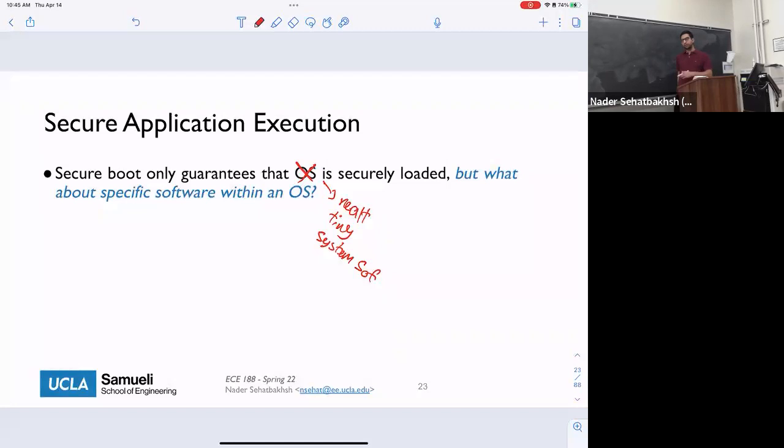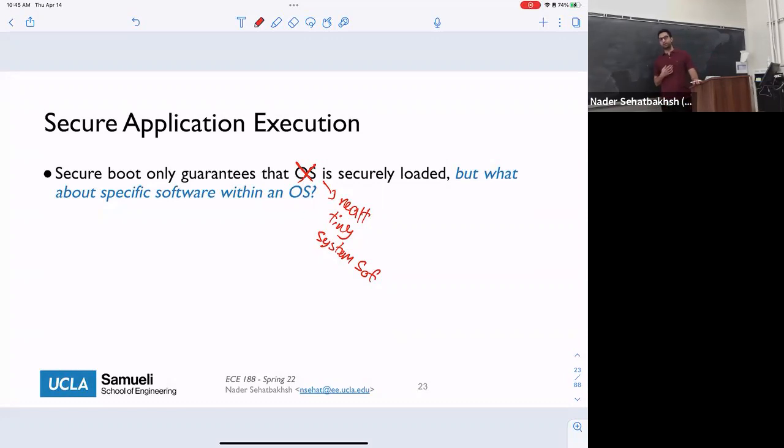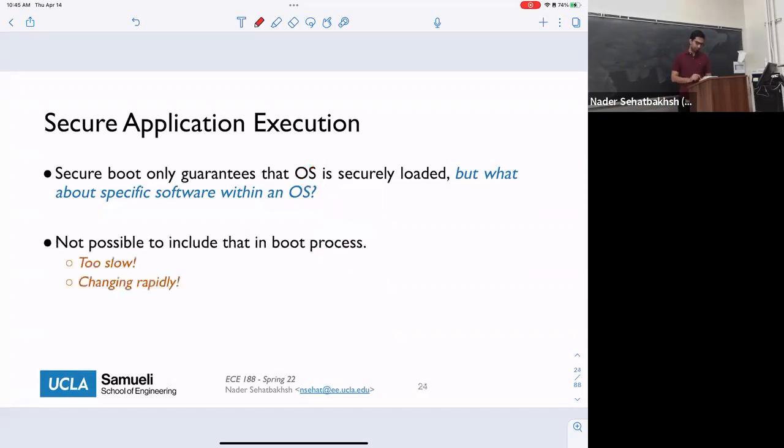And once we run that program, whether it's an operating system or not, the rest of it is just the dynamic behavior. You might call another program, you might run multiple applications, and so on and so forth. And the question is, okay, how do we guarantee the correctness of those activities? And we unfortunately cannot really do that.